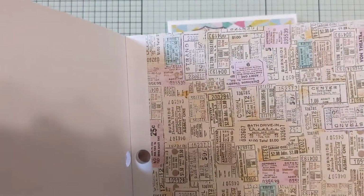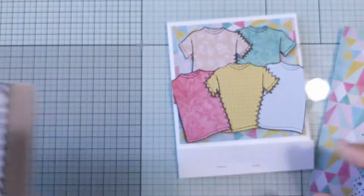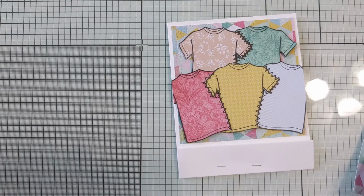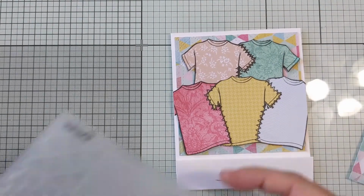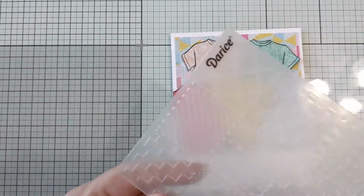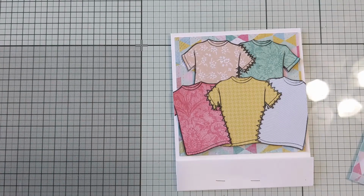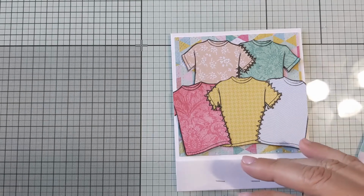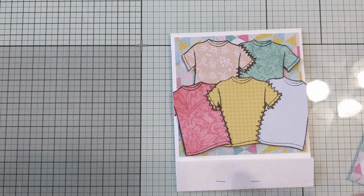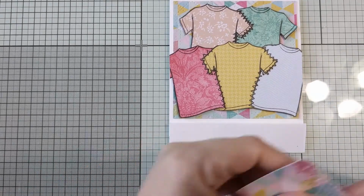Look, this pattern paper has tickets on it. If I had seen it, I would have used it last time. So I used this page, and then for the background paper, I even embossed it with a quilted background by Darice, but you can't tell because the t-shirts cover it. And I even messed up because I embossed it upside down. So you could say I debossed it instead of embossed it. But nevertheless,